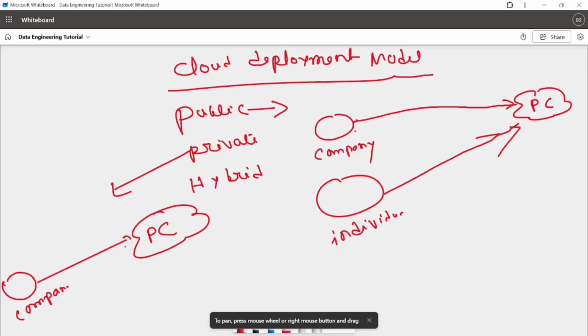Okay, this is the private cloud. So the next important thing is, what is the hybrid cloud? Hybrid cloud is the combination of public and private. Just remember this one,